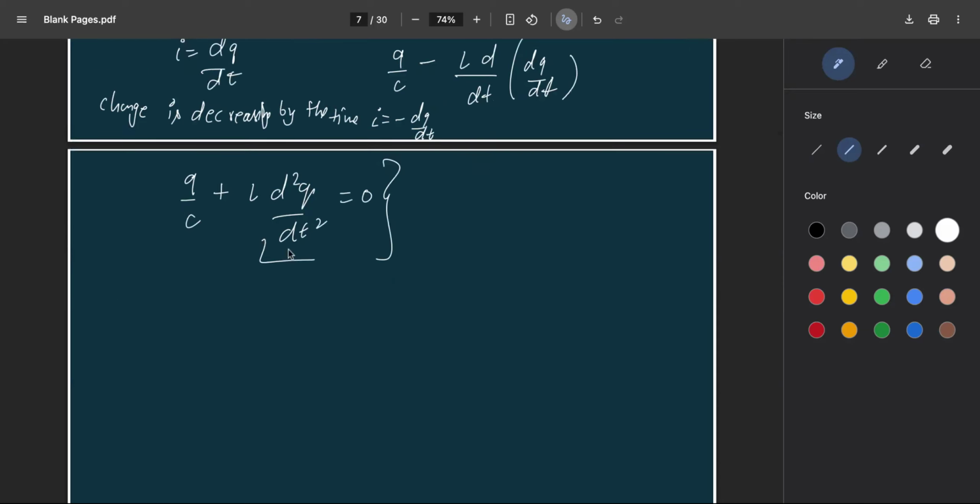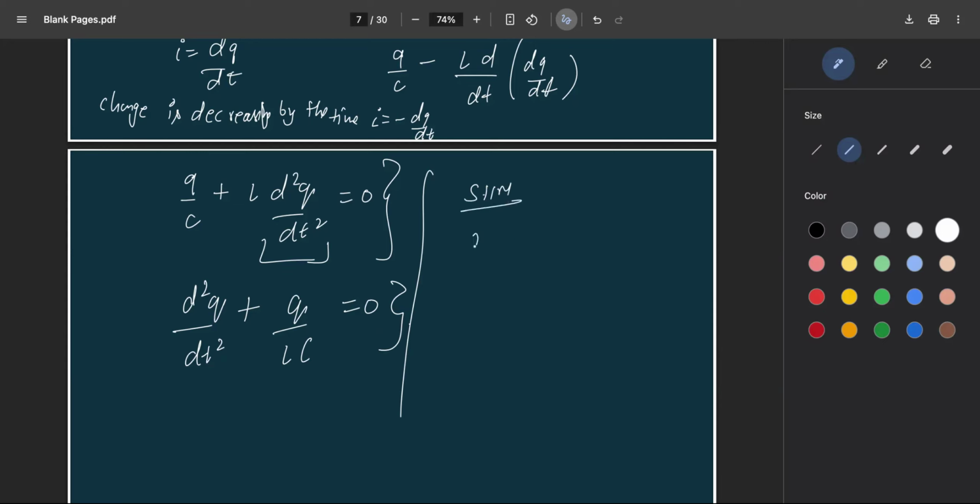Look, can we rewrite it another way? Yes, that is 2 dq divided by dt square plus, sorry, L is also there. You can rewrite it as q divided by LC equals 0. Now, how do we solve this equation further? For this, I want to take you back to your SHM classes, where we have stated one thing: